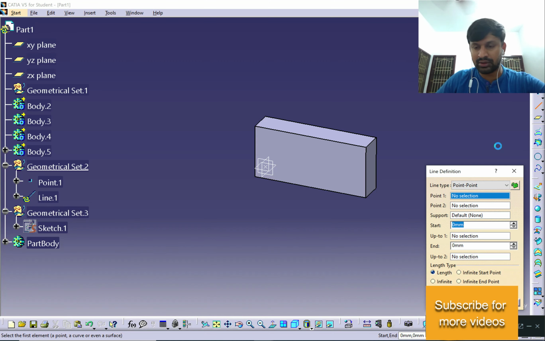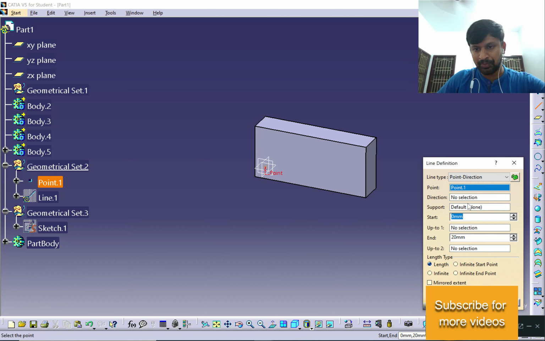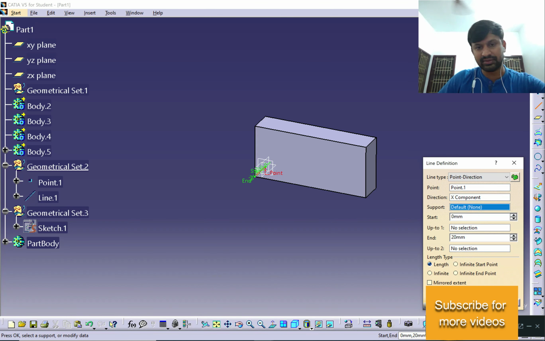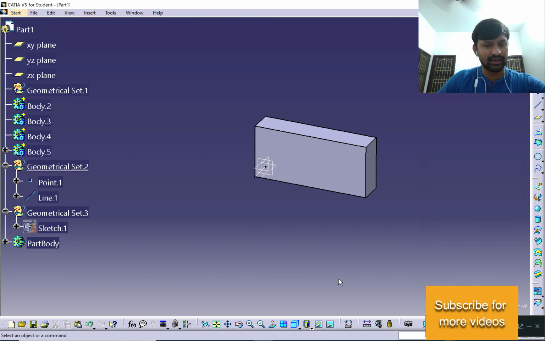I'm creating one more line. So I'm going to say like point 1 and then say direction could be like anything X, and I'm just created a line. To create surface, I'm just going to use this line to create the surface.